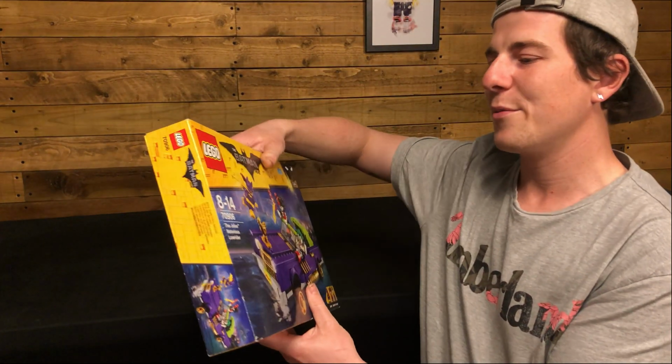Okay, now to 2 sets that I really like the look of, and initially were going to be sets that I was just going to flip real quick, but I've since seen the film that they've come from and I'm a big fan, and I've gone back and looked at the rest of the wave of sets and they look really, really good. So I'm worried I might end up keeping these, but we have from the LEGO Batman Movie,